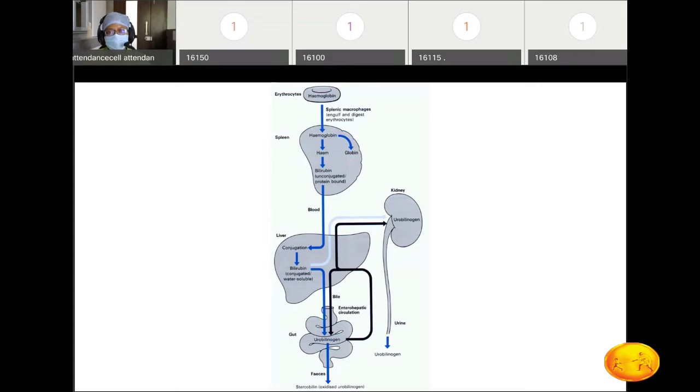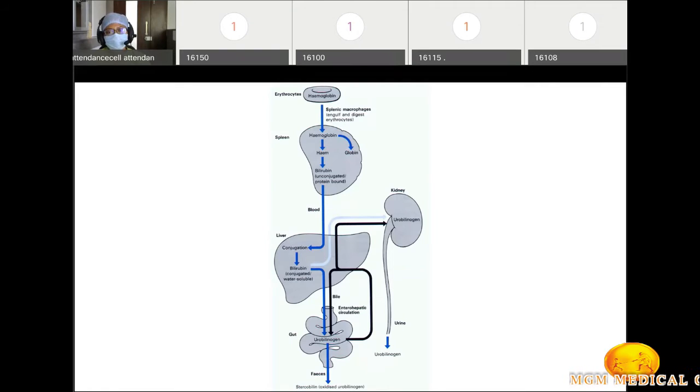Those are the other cells which will give rise to bilirubin production other than RBCs, but the major source is the RBCs. So the RBCs contain hemoglobin. Old RBCs, senescent RBCs, and damaged RBCs are caught up by the spleen, the splenic macrophages, your reticuloendothelial system. It catches hold of these old or damaged RBCs and splits them. The hemoglobin is converted into heme and globin.